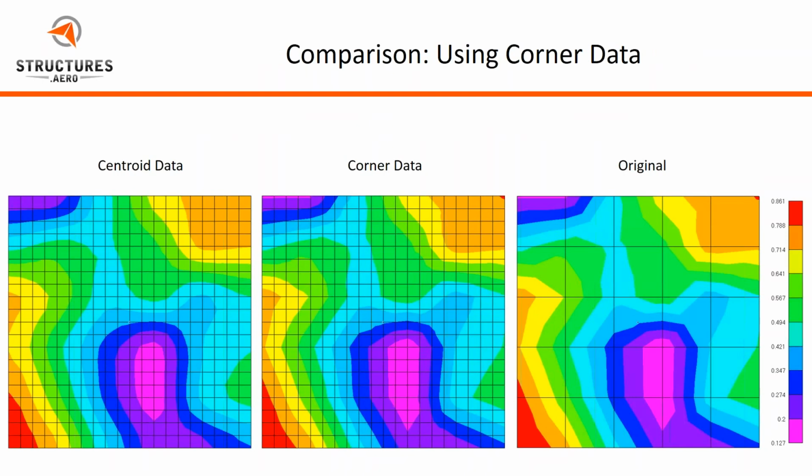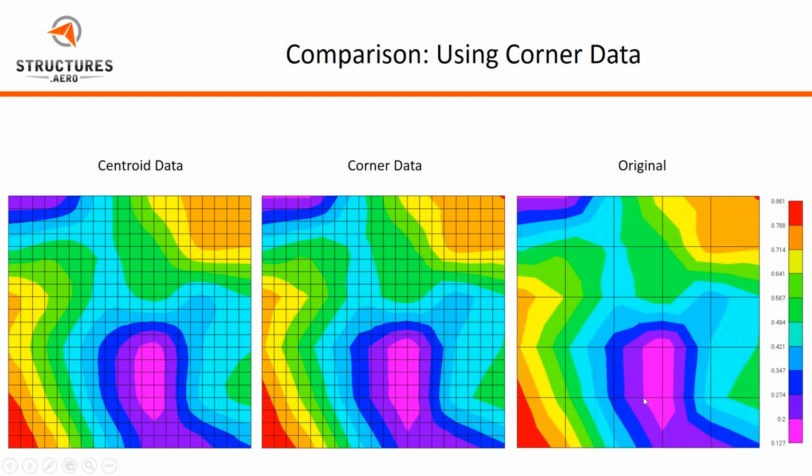Here is just a quick comparison of the two methods. Here on the right, we have a map of the original pressure distribution on the coarse FEM. In the middle, we have our new map of the pressure distribution on our fine FEM using the corner data. And on the far left, we have the map on the fine FEM using the centroid data. If you look at the corner data, you'll notice that it's a direct map. It matches fairly exactly to the original FEM,